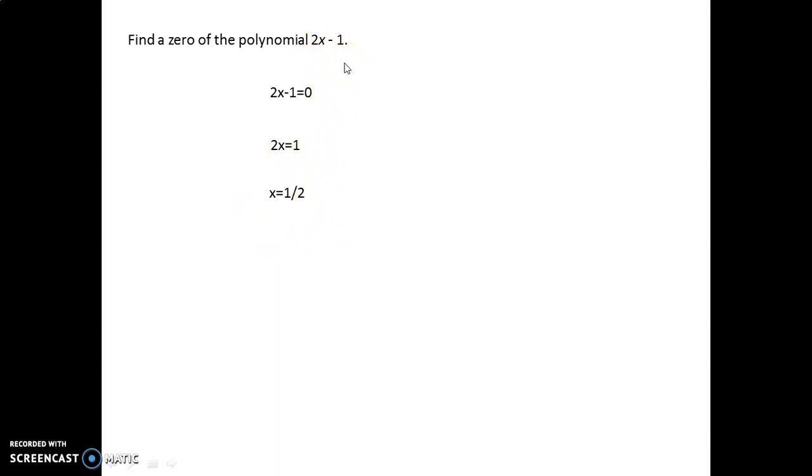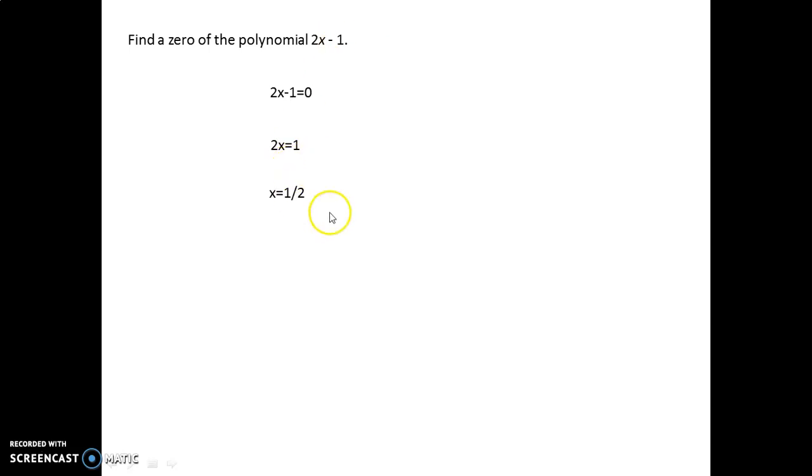So finally, by equating the polynomial to 0 and solving for x, we will get the 0 of the polynomial. Sometimes there will be only one 0 of the polynomial, sometimes 2 and sometimes 3. It depends on the degree of the polynomial. In the upcoming classes I will explain you regarding this.